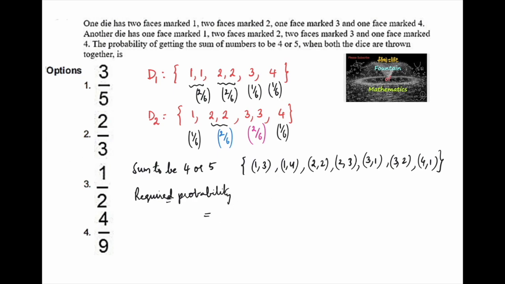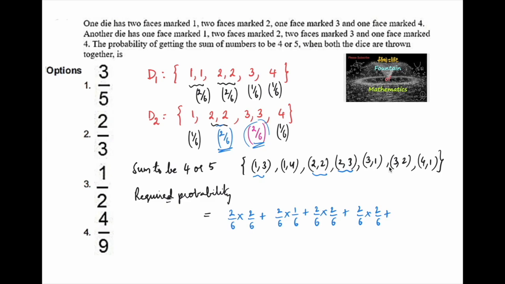which is equal to, for 1 comma 3, the probability of getting 1 in the first die, 2 out of 6, times the probability of getting 3 in the second die, 2 out of 6, or the probability of getting 1 in the first die, 2 out of 6, and 4 in the second die, 1 out of 6, or the probability of getting 2 in the first die, 2 out of 6, and 2 in the second die, 2 out of 6. And coming to 2 comma 3, the probability of getting 2 in the first die is 2 upon 6 and 3 in the second die is 2 upon 6,